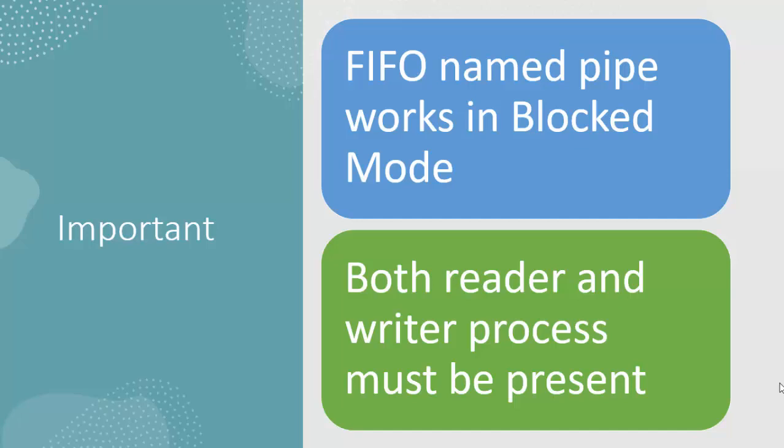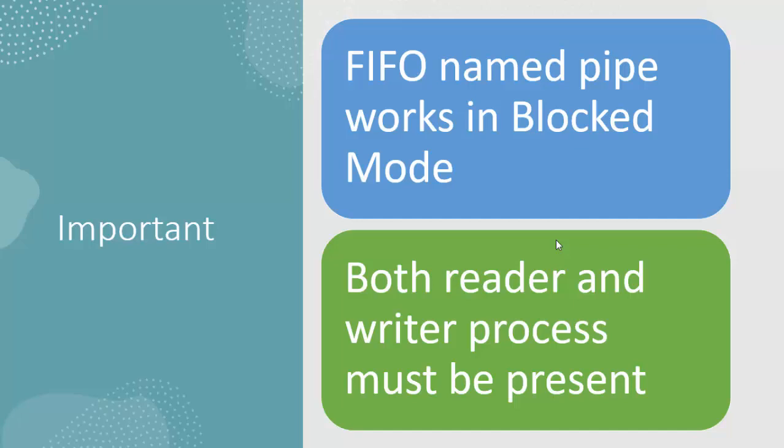Understand this by considering that in a class, the teacher is the sender process and the students are the receiver process. The teacher will not speak or send any data until and unless the receiver process, the students, are there to receive that data. Similarly, the students cannot receive anything until and unless the teacher is there in the class to speak, right? So the teacher as well as the students operate by default in the blocked mode. That is, they wait for the other process to be there.